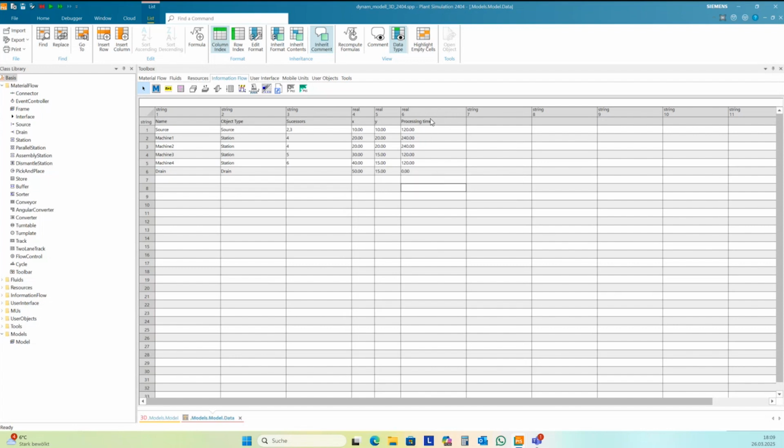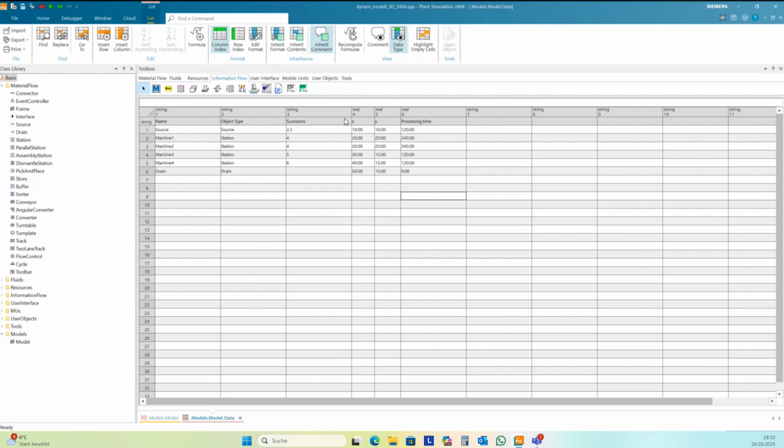So you need to inform what is the base for this time. And so it's easier to have, for the first step, a real value in seconds, and then you can create from this value the time data type in Plant Simulation quite easily.